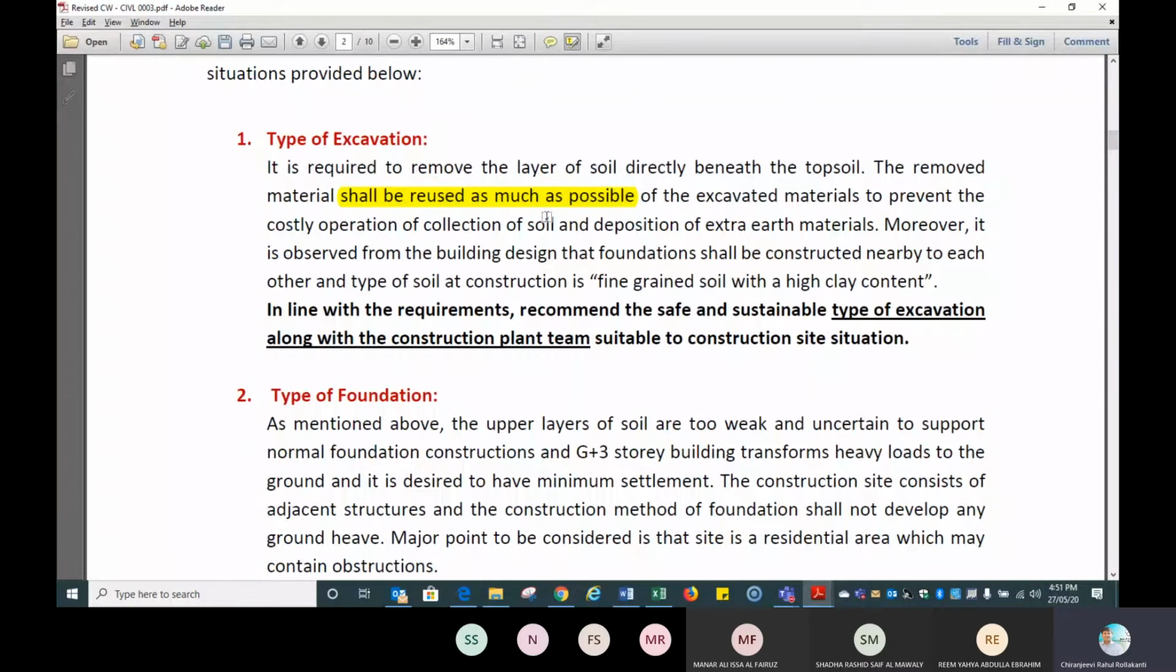I'm highlighting once again for you: shall be reused as much as possible to prevent costly operations. Moreover, it is observed that the building design, that foundations should be constructed nearby. And the type of soil is fine grained soil. These are the only three points they need to consider. Considering these three points, they have to